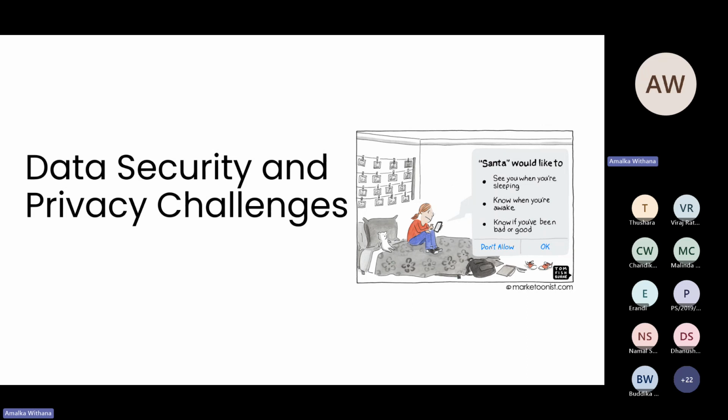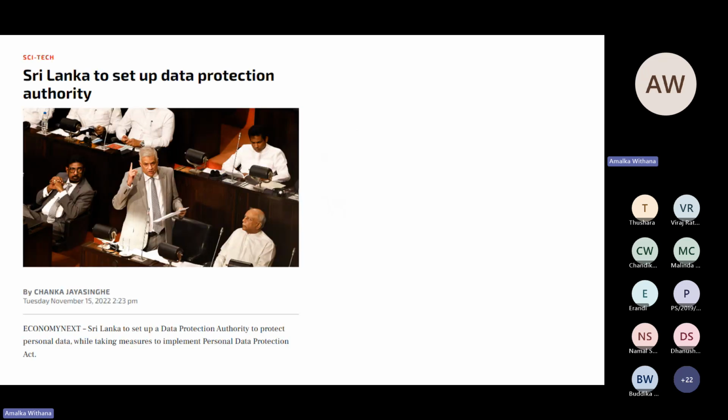So, data security and privacy challenges. As a user as well, this is very important. Think about this one. Sri Lanka has set up a data protection act, which we call the Personal Data Protection Act. It was passed last December and came into force in January onwards. It has given us a 2 year grace period. So after 2 years, if we are not doing it right, we will face, as companies or even at the personal level, huge fines from the government, or legal fines have to be paid if we do not act